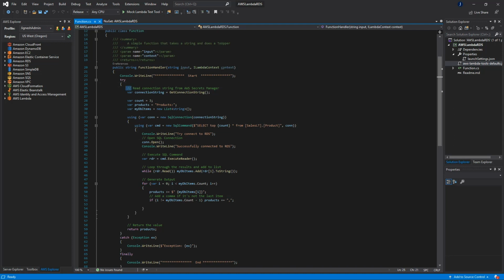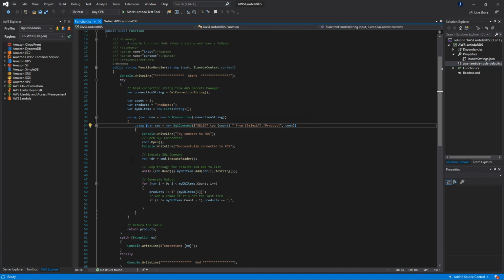In the source code, first I'm going to get the connection string from AWS Secrets Manager. Once we get the connection string, the next step is to create the connection object. And once we get the connection object, we are going to pass that connection object to a SQL command object. We are going to use this SQL command object to execute a simple select statement on the product table.